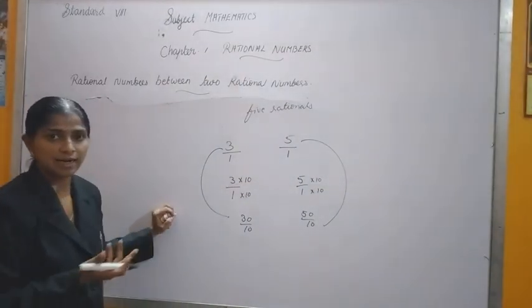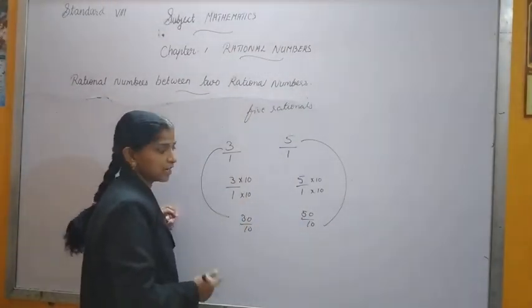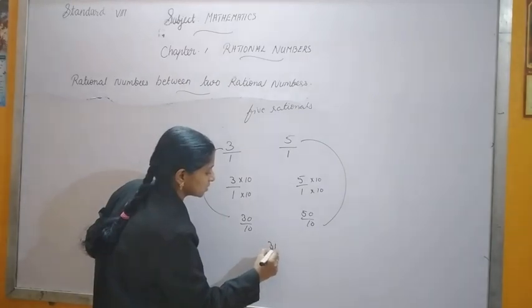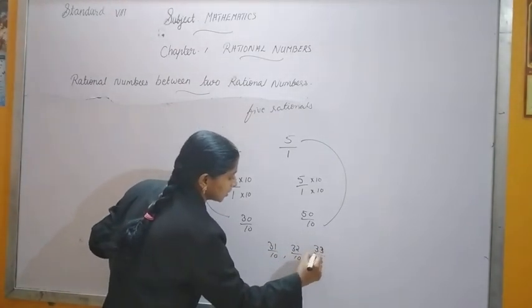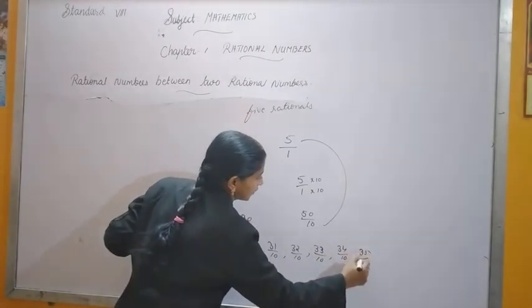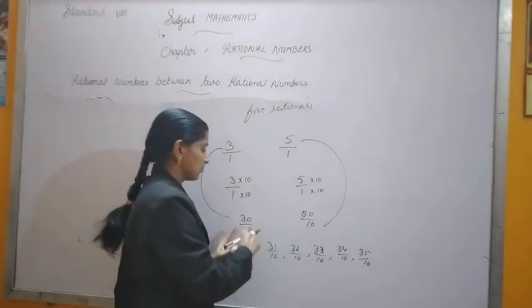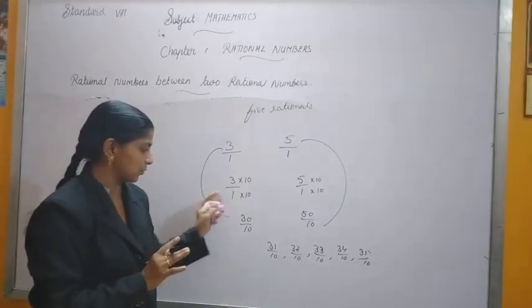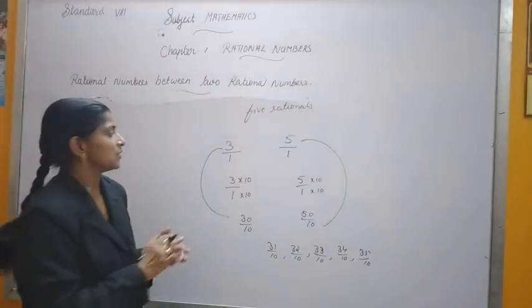Now easily we can write the rational numbers between 30 upon 10 and 50 upon 10. Any 5 rational numbers you write: 31 upon 10, 32 upon 10, 33 upon 10, 34 upon 10, 35 upon 10. Like that, any 5 rational numbers between 30 upon 10 and 50 upon 10 you can write. This is one method. Then next,